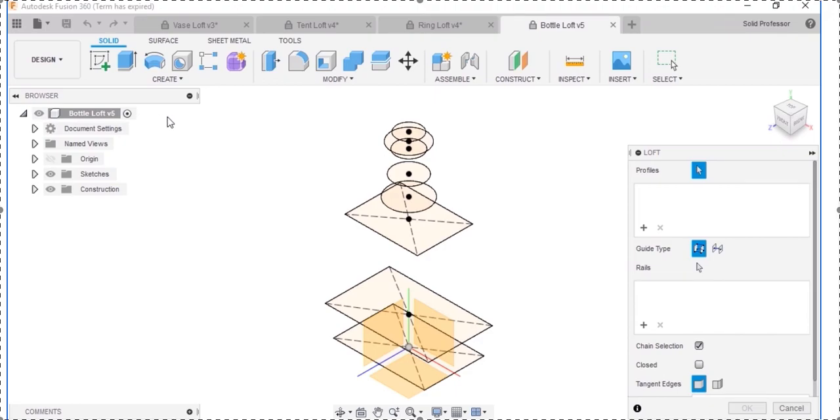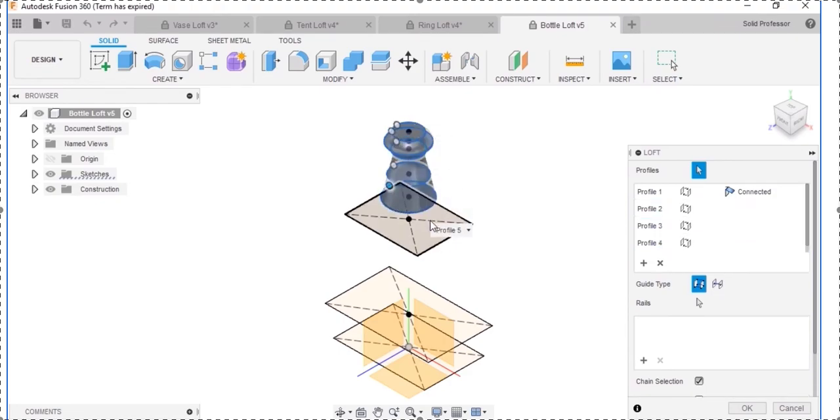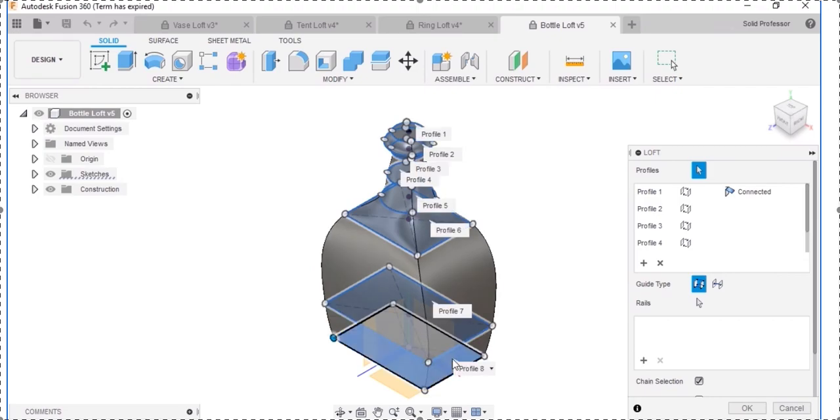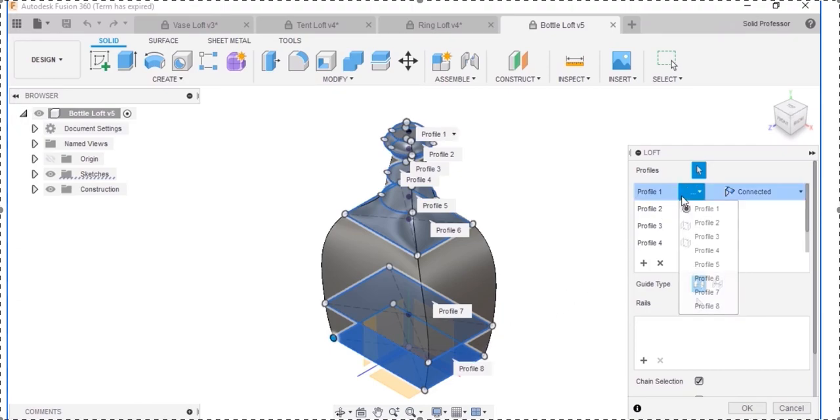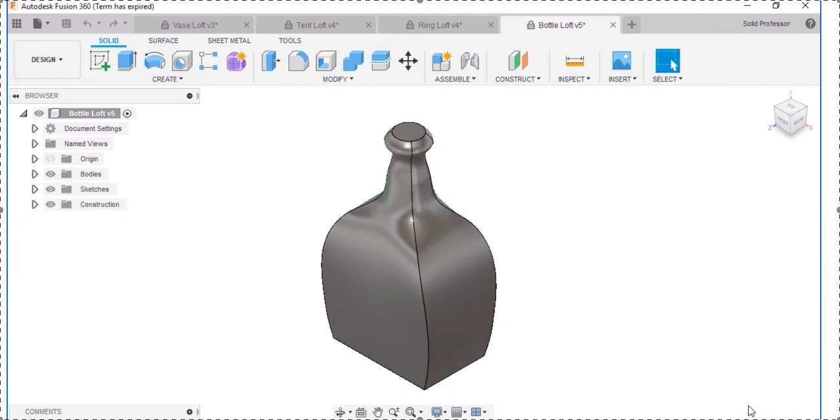For this loft, I'll select them from the top down. And if a change to the order needs to be made for any reason, it can be done using either the icon in the Profiles window or the tags in the drawing area. I'll click OK to create the loft,